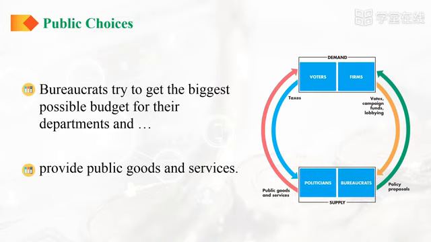Politicians are elected persons at all levels of government. They make policies that bureaucrats carry out. Politicians' goals are to gain election and re-election. So votes to a politician are like profits to a firm. Bureaucrats are public servants who work in government departments. Their self-interest is best served by larger budgets, which bring more authority and prestige.